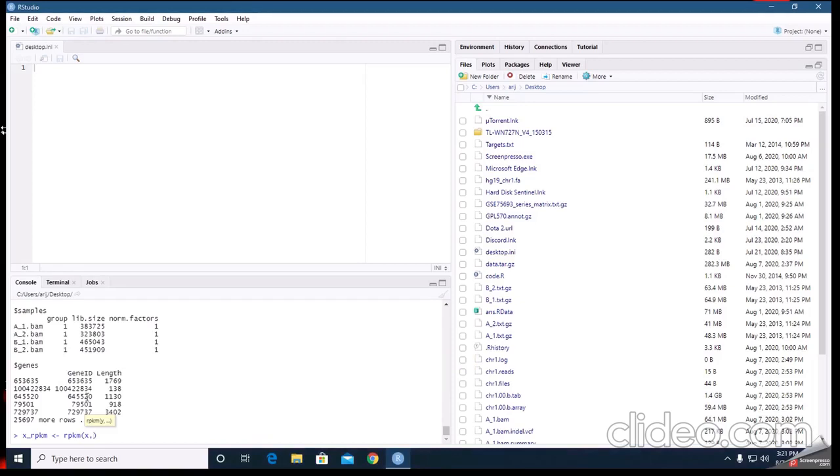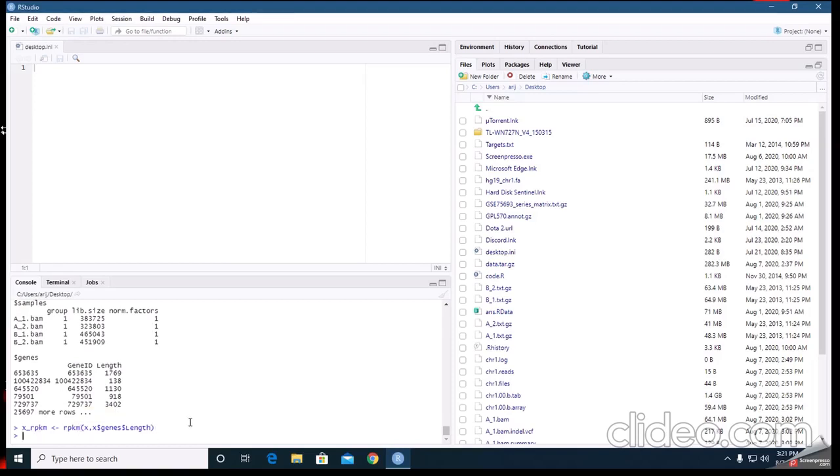Now we use X, the genes, and also their length as a column, because we want to generate RPKM, so we need two arguments.